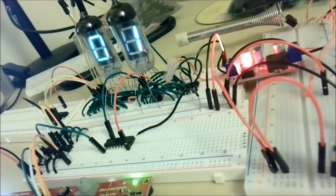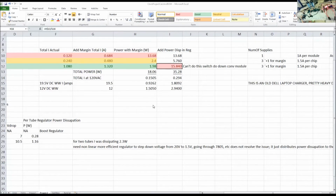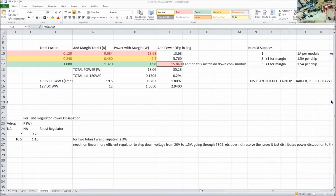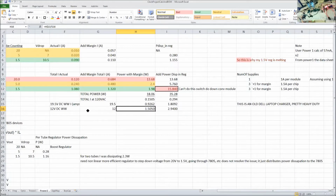So we had all these, basically, okay. Hello. Oh my goodness, why does it do this? Okay, so we have all these calculations here. Hello. Okay, and so